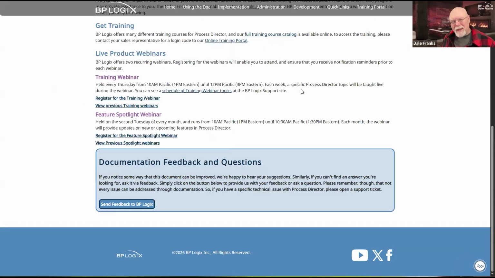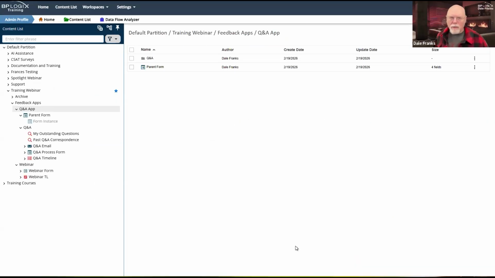So it's not unusual to have a documentation feedback app. But the problem is that documentation feedback apps come in a variety of flavors, and the implementation can be different depending on what you want to do with them. Now, there is a Q&A process. We have talked about this process before. I think probably the last time might have been sometime in 2024. But this is a type of feedback application. It's not really a feedback application, although it follows the same principles. This is a Q&A application. Let me show you what I mean.